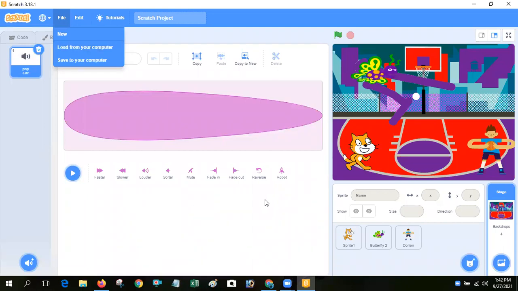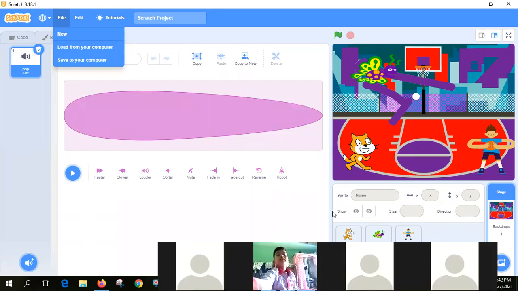Next, you can see exiting from Scratch. How can you exit or close your Scratch project? Just simple. Click on the close button of your Scratch project.